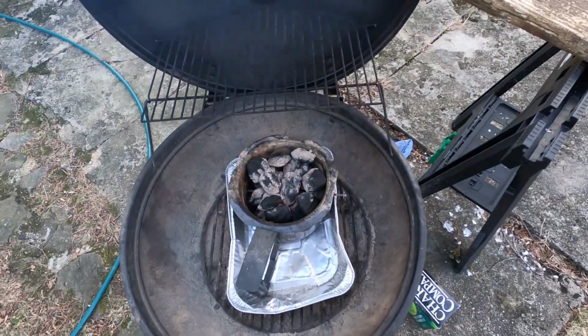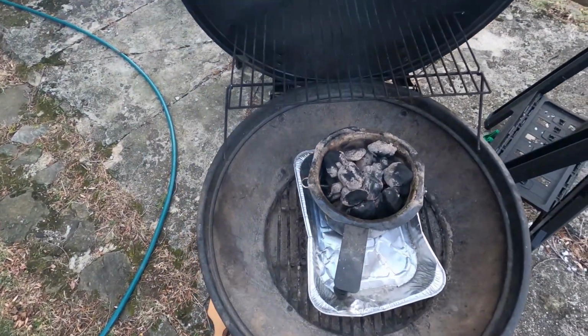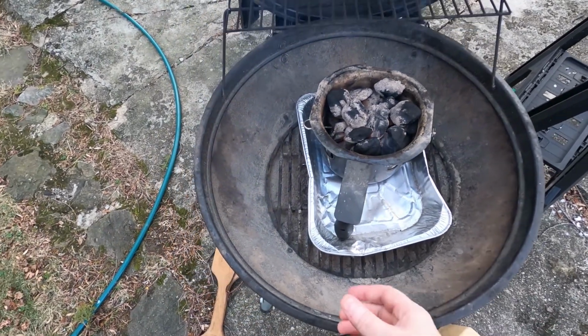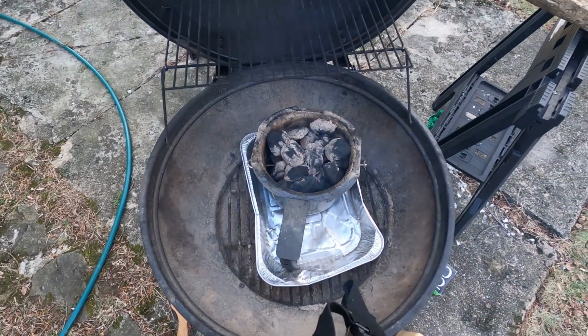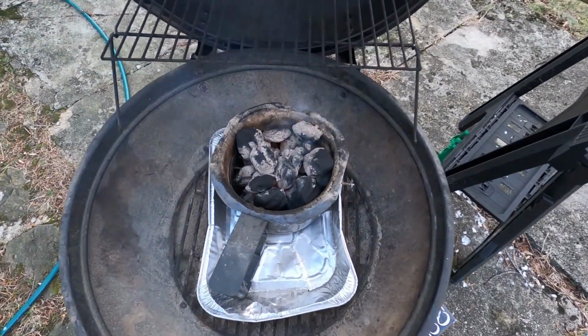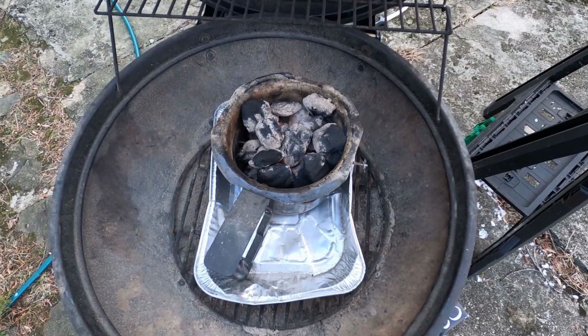Okay, so these have been heating up for a while. They're probably too hot at this point, so I'm probably gonna have to wait a little while before I put the fish on. But this is the thing that we're really gonna have to monitor over the next, I don't know, hour, 2 hours, however long this smoke is gonna take, is that we don't want it to get too hot. I mean, I've seen a lot of things that say like 175 is a good heat for the smoker,